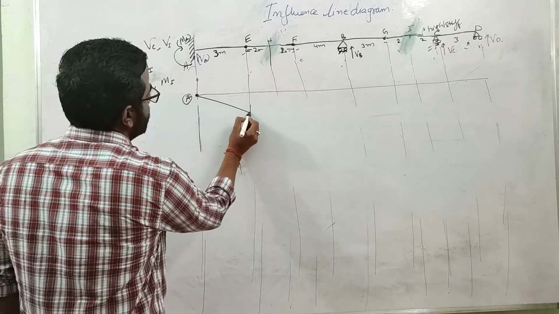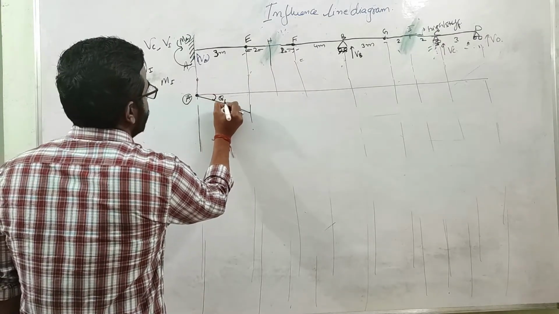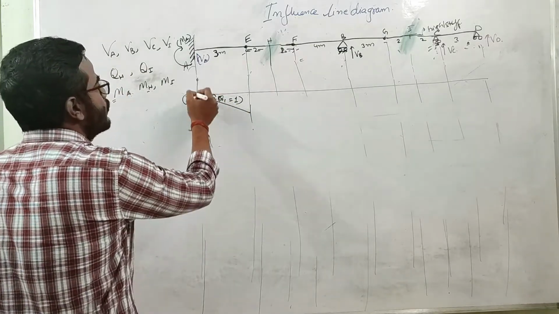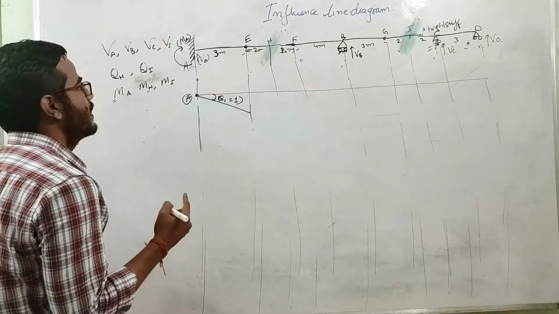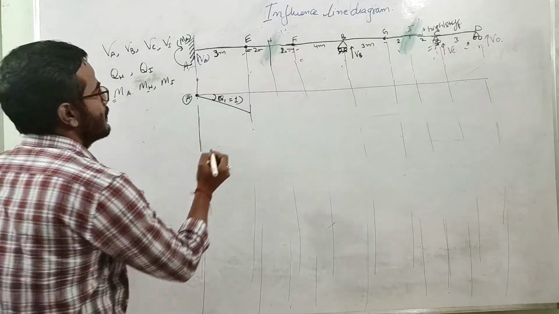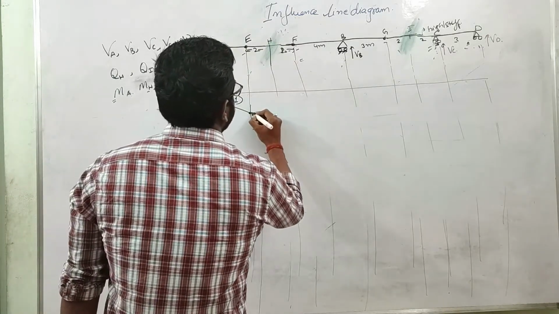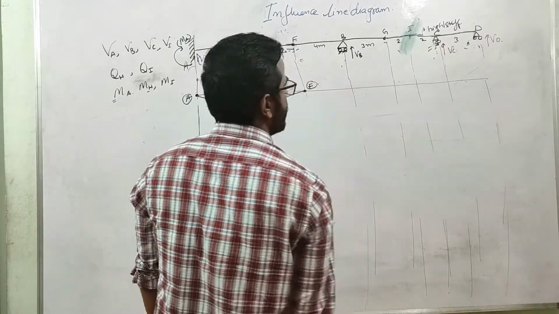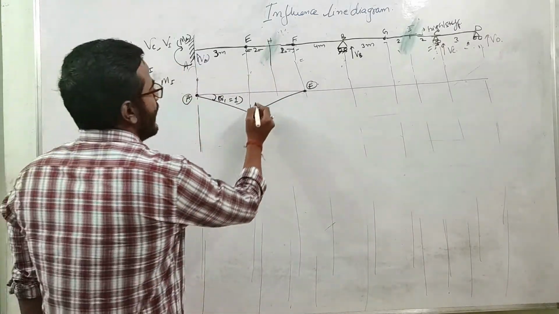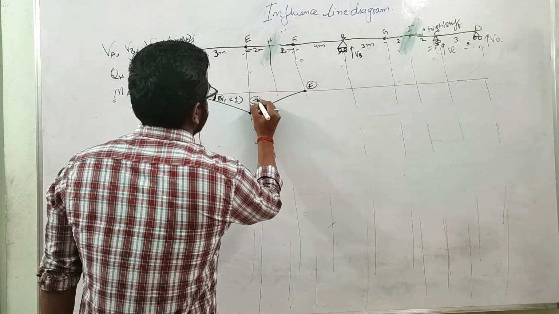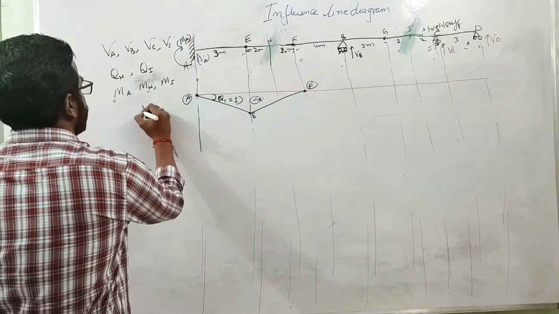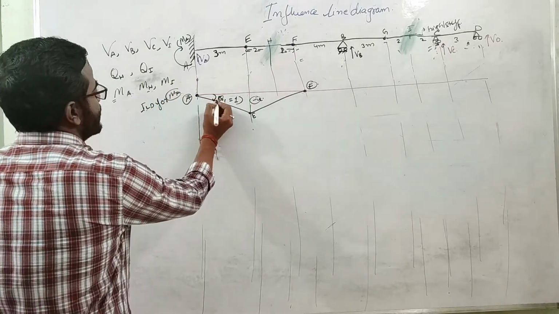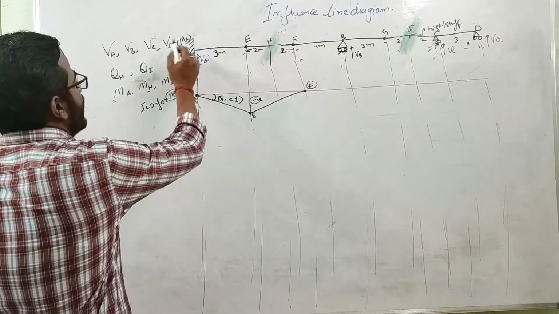So the deformation will look like this. The deflection will look like this. This is nothing but theta 1 equals unit. And the boundary condition is maintained. This portion cannot move up and down because it is restricted by the vertical support reaction at A. This is point E. At F, this portion won't deflect. This we have already discussed. So this is the ILD for MA. We just give unit rotation along this MA.